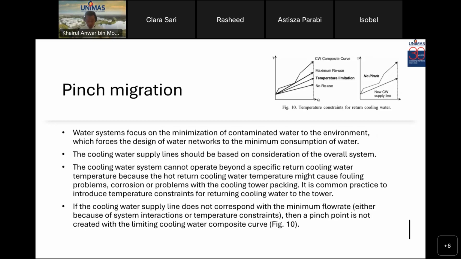So pinch migration. In the paper on cooling water system design by Robin and Jean, refer to section 3.2, design of cooling water network without a pinch. Water system